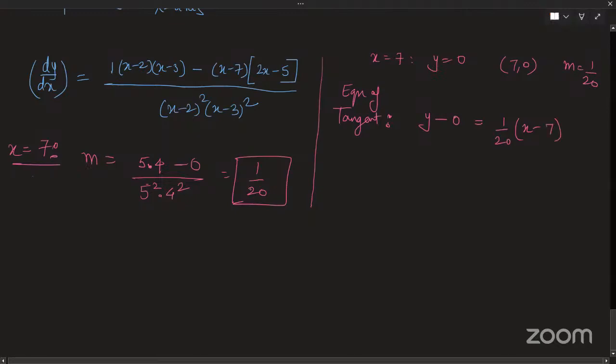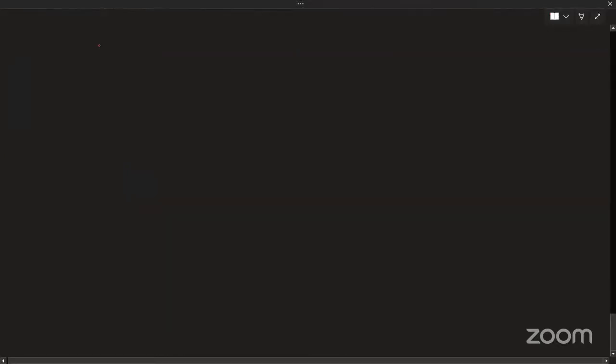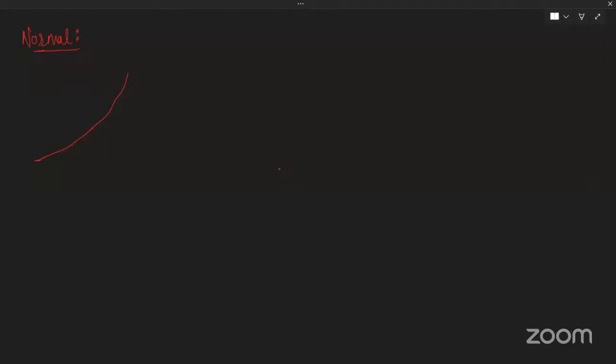So till now we have been looking at tangents only. Now let us have a look at normal. Both of them are really connected to each other. What normal means, I hope you have done it in conic sections. Have you done it in conic sections? Tangent and normal,